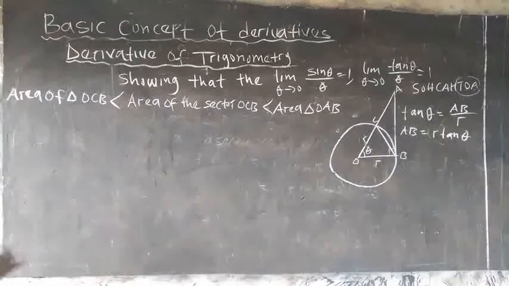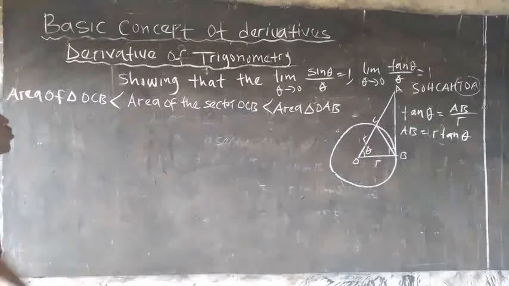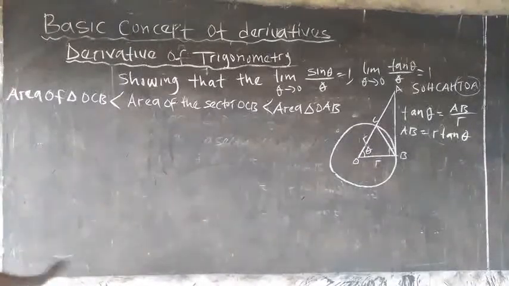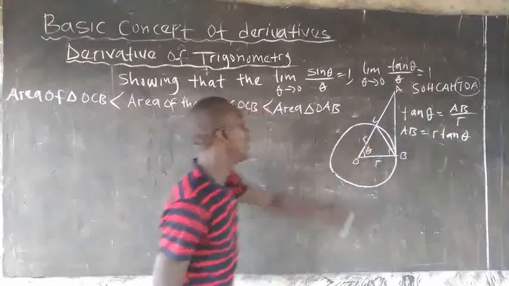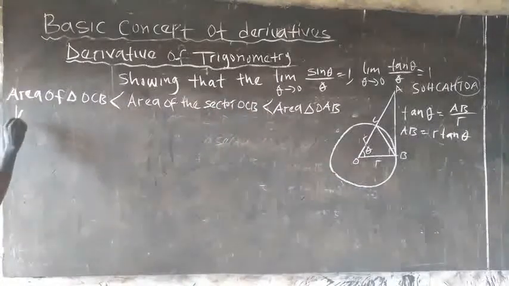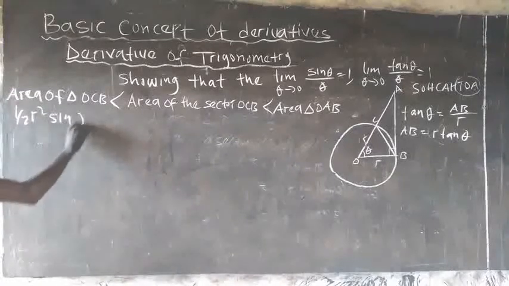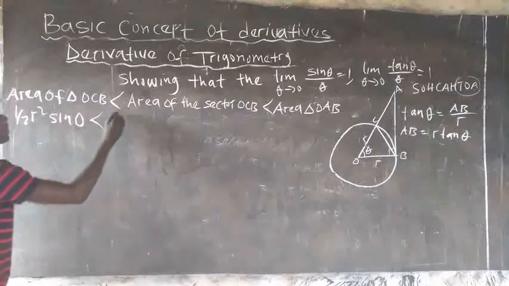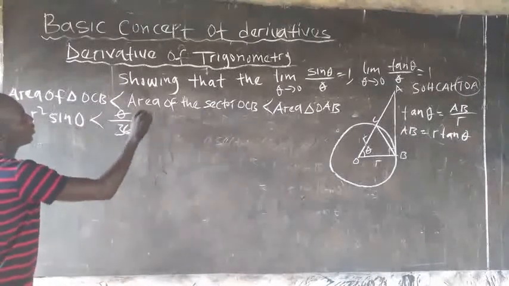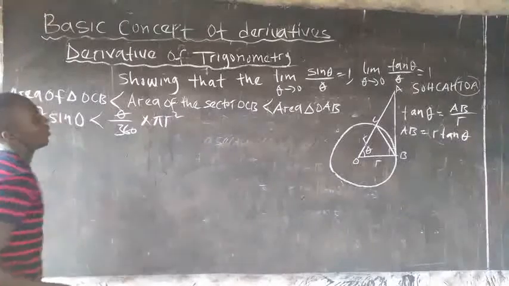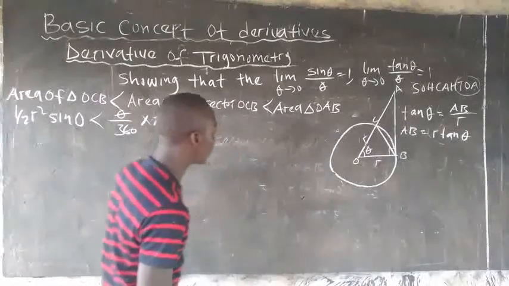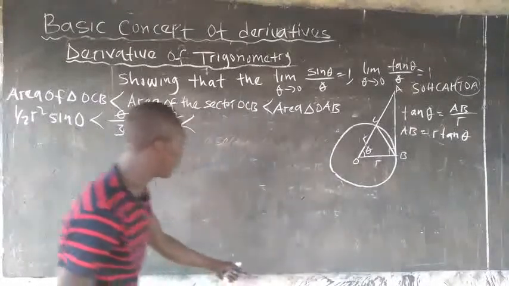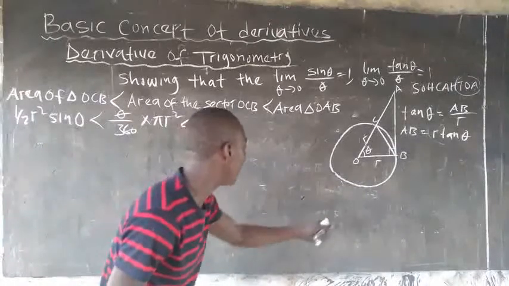And what is the area of the triangle OCB? I've already interpreted that before, so just put the parameters. Area of the triangle OCB is half r squared sin theta, less than the area of the sector, theta over 360 times pi r squared, less than the area of triangle OAB, which, since we substituted for AB, is